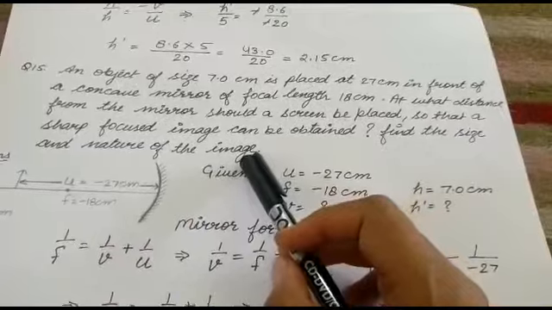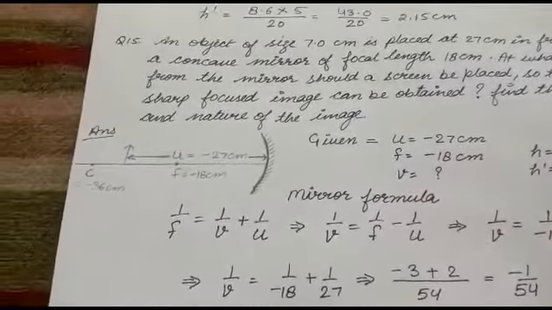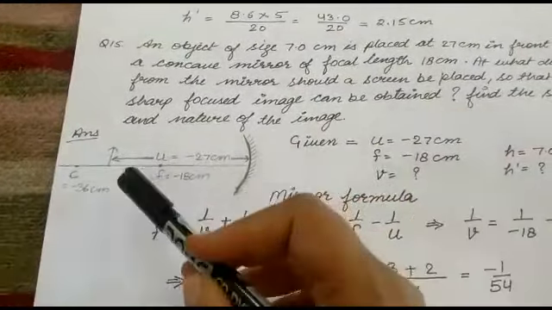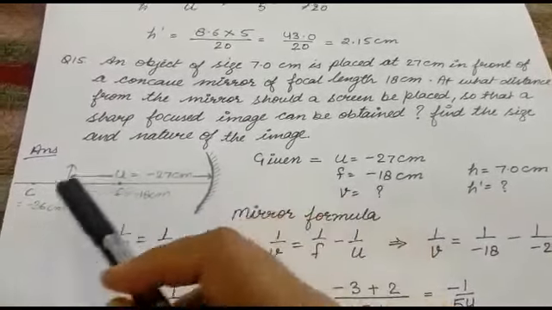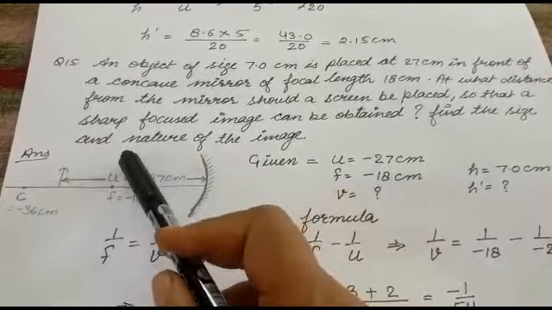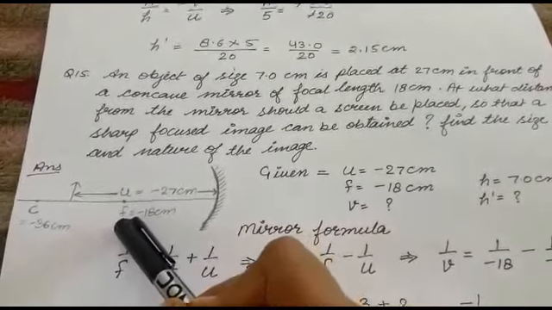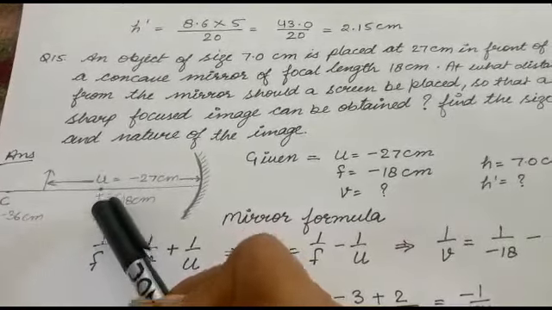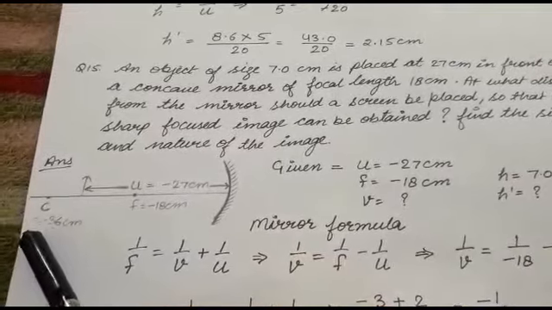So in this case also we have to find out where the image is going to be formed. So again I have made a rough diagram here. This is a concave mirror this time, and its radius of curvature. The distance of the object is given in the question, that is minus 27 centimeter, because it is at left side, so we have to put the minus sign here. And the focal length of the concave mirror also lies to its left side only, so I have put it here. The focal length is minus 18 centimeter, and double of it is the curvature, so I have put that value also.